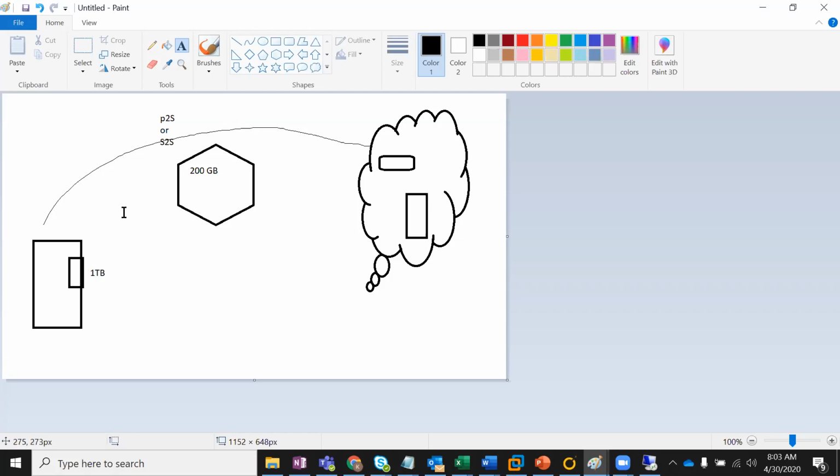You would have to move these backup files here. How are we going to move them? Again, this is a cloud, and this is also cloud in a blob storage. Again, the question is, how are we going to move?